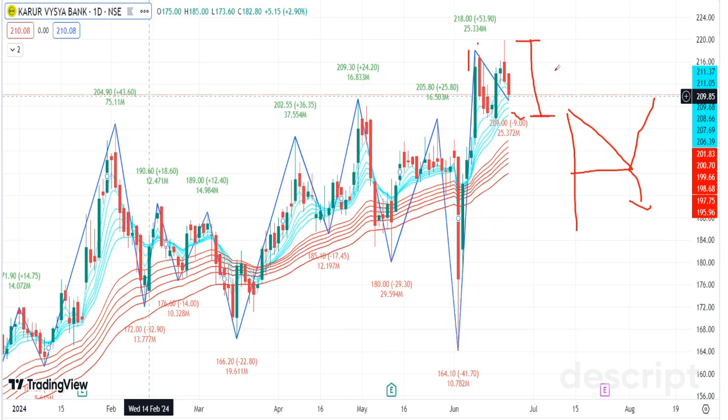Guys, the best part is when there is a divergence, the fall or the rise will be very steep, or in layman's language, the velocity of the fall or the velocity of the retracement will be very, very fast. And that is what we want. We want 10, 15, 20% kind of return in maybe 1 week. So these are the 2 examples of classical divergence. It is ABB. Next is Karur Vysya.